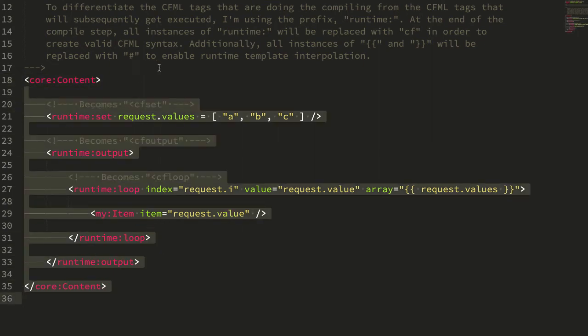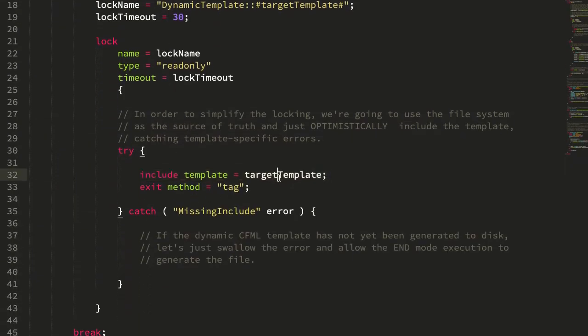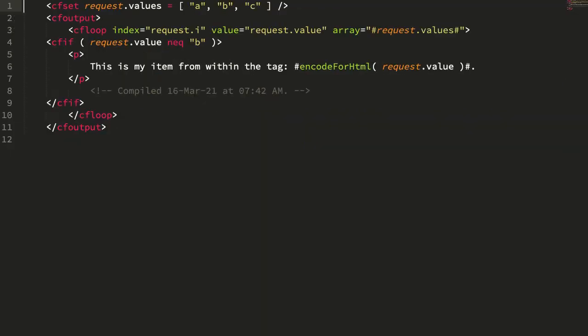We're just pulling the generated CFML off of disk. And the nice thing about this is we can actually look to see what the generated code is. So if I open up the cache template here, you can see here's my runtime request values array, and then I'm looping over this now interpolated array with my local variables, and here you can see that the CFIf value not equals b, which was part of my ColdFusion custom tag earlier,